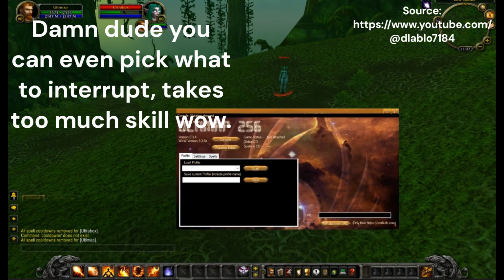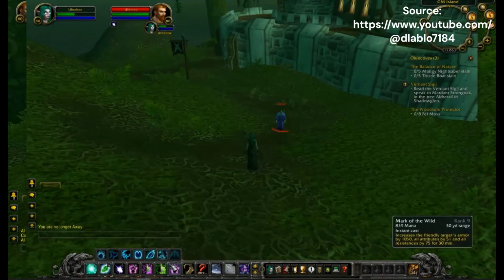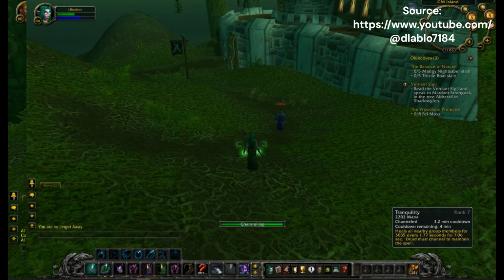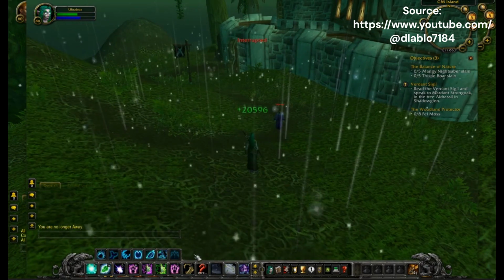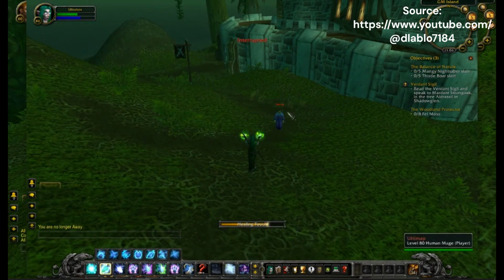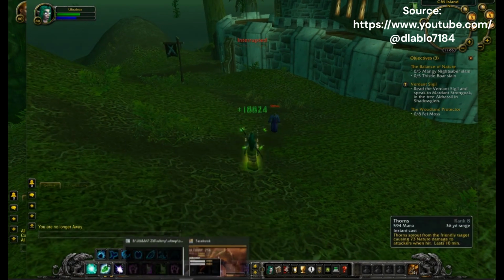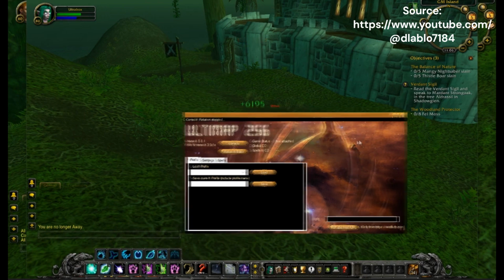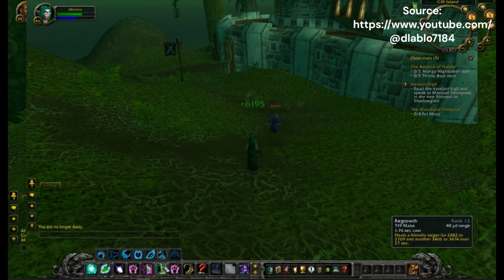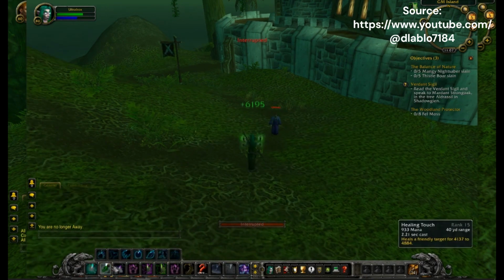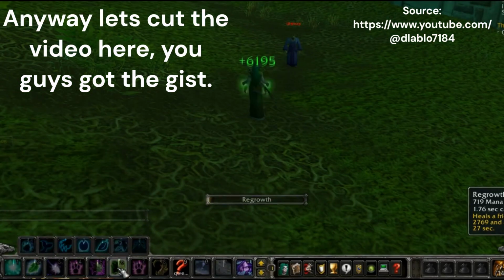So, I will cast something. You see, I am casting a spell. I will cast Healing Touch. The mage will not interrupt me, but if I cast this spell, oh, my rotation is not turned on. So if I cast this spell, you can see Healing Touch is not interrupted. But if I cast this spell,